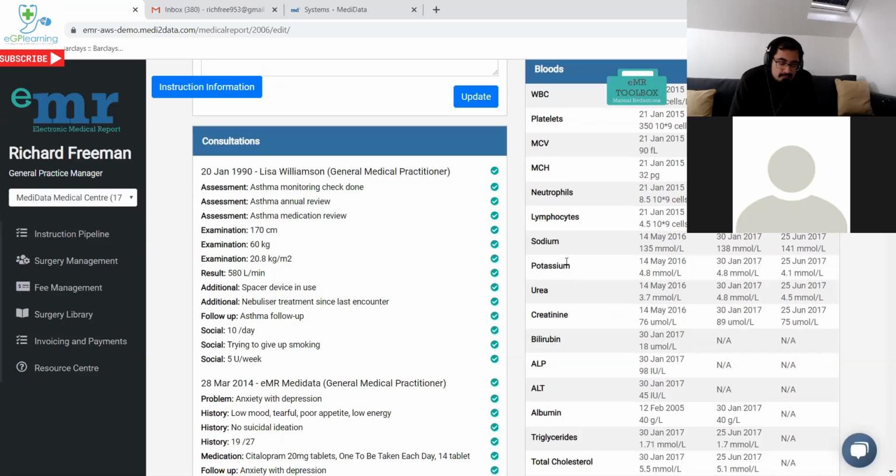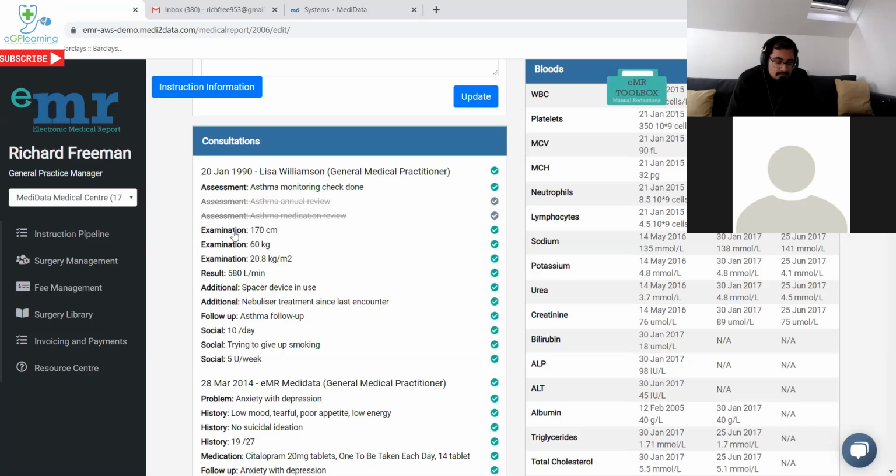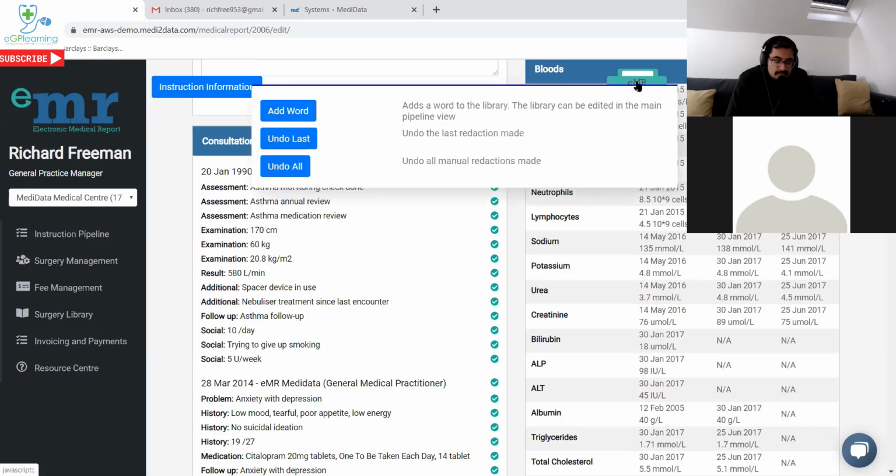We did an evaluation study with Swansea University and a group of surgeries, and one of the key elements that came out was feedback around the clinical coding and the level of extraction around a consultation. So what we've been able to do is give the option for the entire consultation to be redacted, or elements of the consultation to be redacted, or using our toolbox, the ability to take out singular phrases or words, which is just being